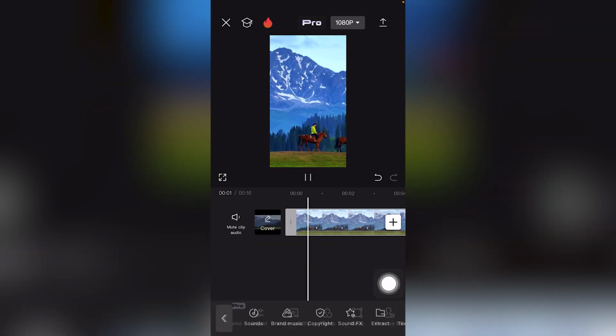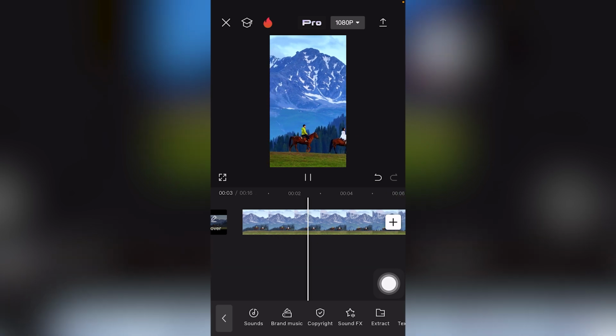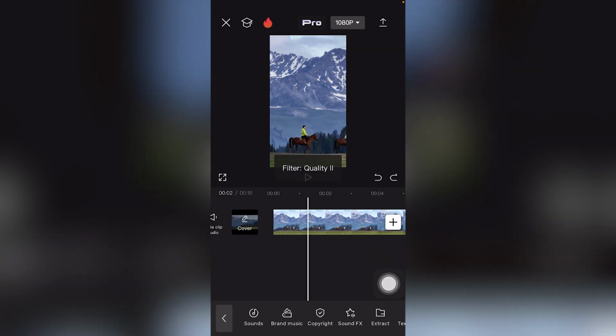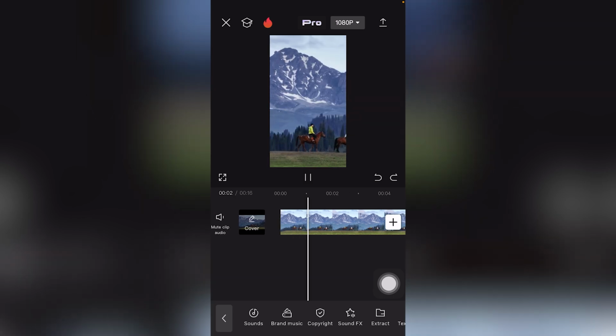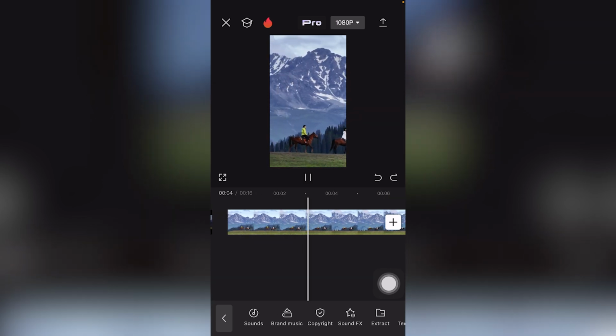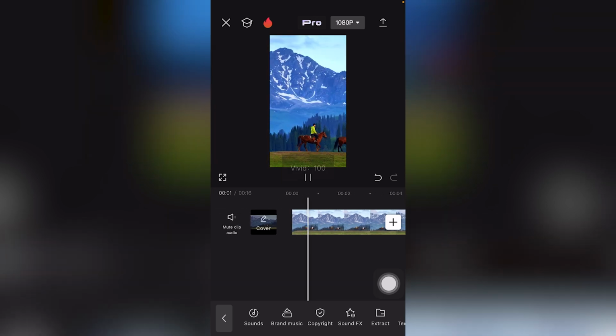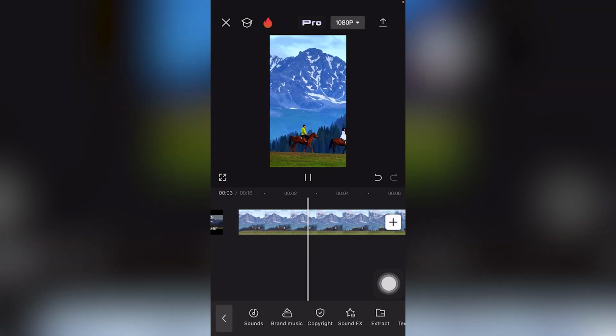And this is what we have. Or should I say, this is the before. And this is the after. Notice the difference, completely for free in